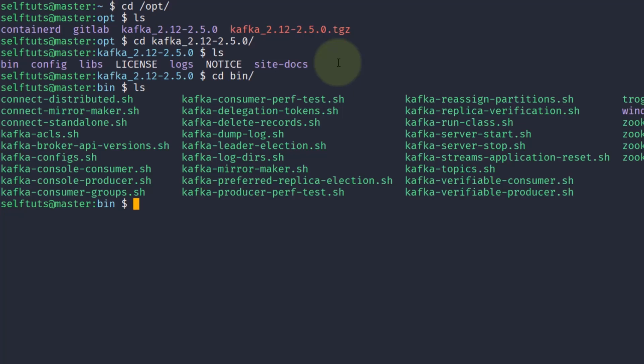Like if you want to get the list of all the topics, all the partitions and other things, then you can use this kafka-topics.sh. If you want to start a Kafka console consumer, then you can use this kafka-console-consumer.sh. If you want to delete records, or mirror Kafka, all these things can be done through these sh files. But in the world of Kafka, I'm not so much a fan of these sh files because you have to understand so many options and remember them, and only then can you perform a particular action.